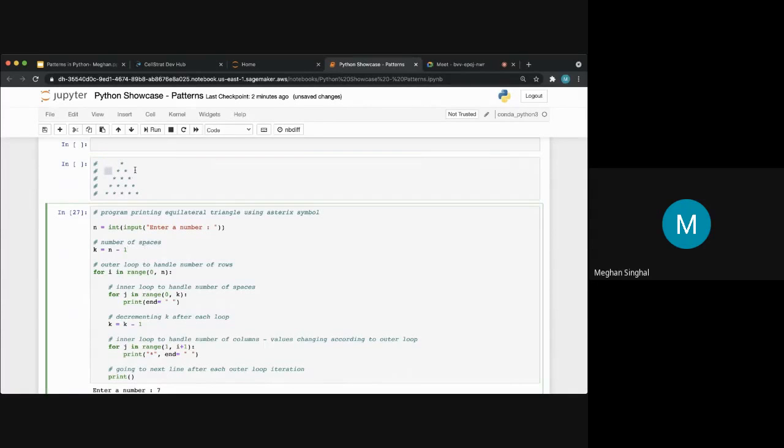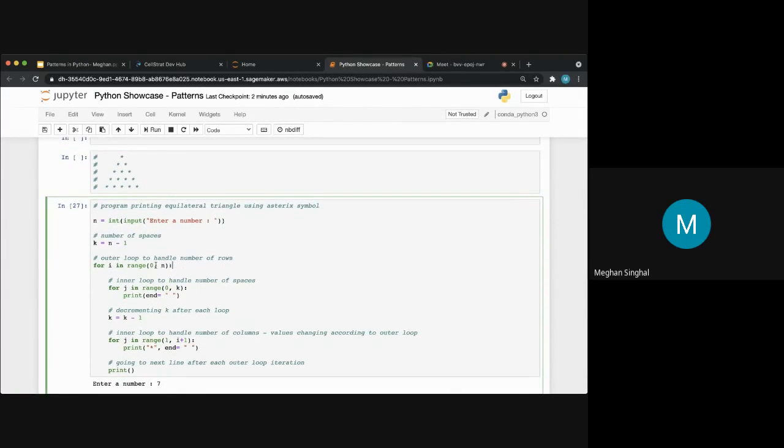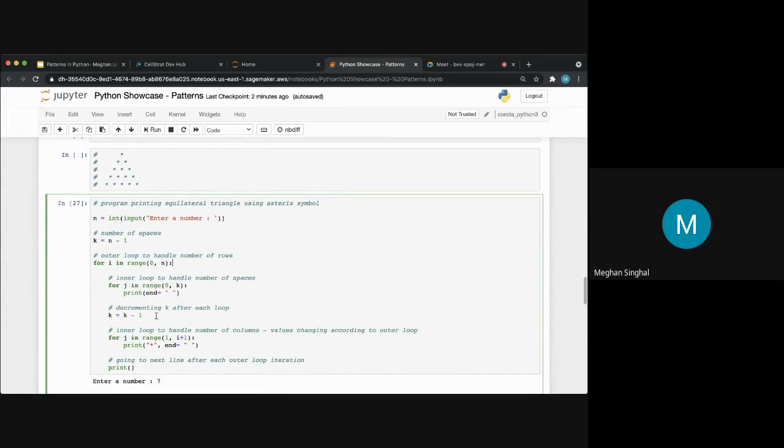N minus 1 because, for example, if n is 5, then it will be printed over here, but before that, we still need 4 spaces in front of it. So we'll have an outer loop that goes from 0 to n, and an inner loop that handles number of spaces that goes from 0 to k, and it prints the number of spaces. Now we're going to decrement k after each loop. So if it's 4 on the first line, it'll only print 3 on the next line, and then 2, and then 1, and so on.